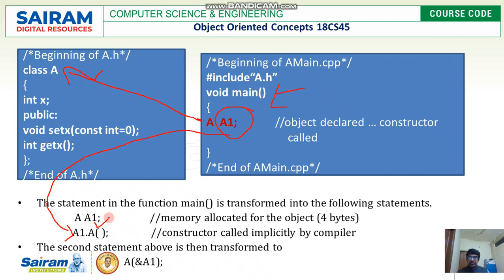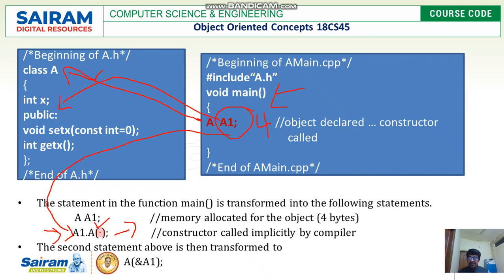So this is nothing but when I create A1, normally memory will be allocated for my objects, based on the number of data members, and in this case 4 bytes will be allocated. This is going to get converted into this format, and this statement is going to call the constructor, which will be done implicitly by the compiler.